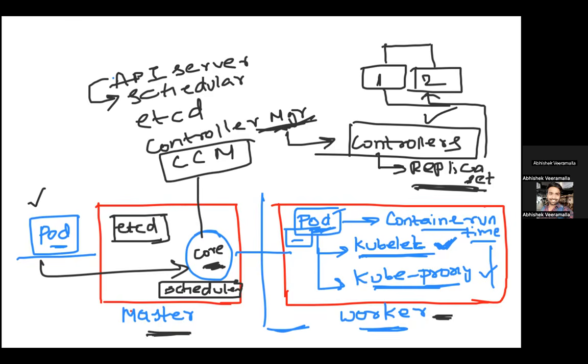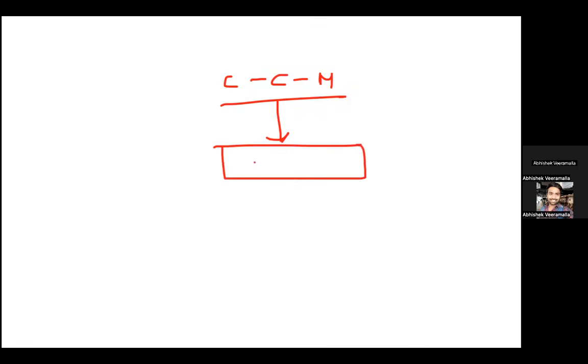Finally, you have one component called the cloud controller manager, CCM. Many people get confused with this concept, so that's why I thought I'll take this as a different concept and explain it to you. Okay, so you all know that Kubernetes can be run on cloud platforms like EKS, or you can also run it on AKS or GKE. So what is happening is you are running your Kubernetes on cloud platforms. Let's say you are using Elastic Kubernetes Service. There is a user request to create a load balancer,